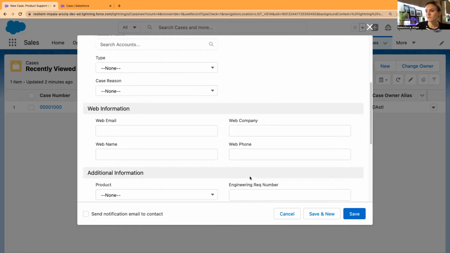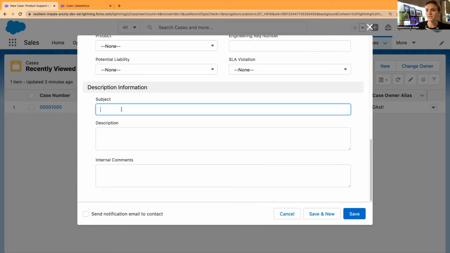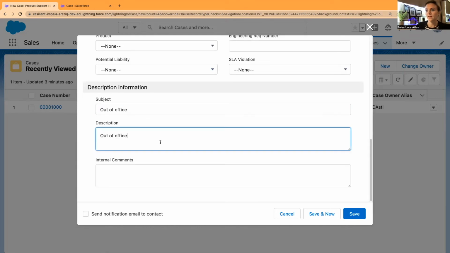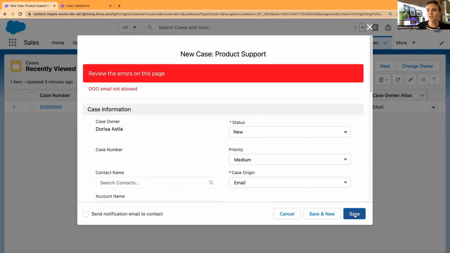And I'm going to check if I have to complete anything else. I'm going to test the subject line out of office, and I'll add the description as well. And now let's imagine that I, as a support agent, responded to a ticket, and I should be receiving an out of office reply in the email. So email should be coming back to Salesforce as the customer is away. And I don't want to create a new case with an SLA just based on out of office or auto response tickets. Now, if I save with this subject line, it fires an error and the case wasn't created,